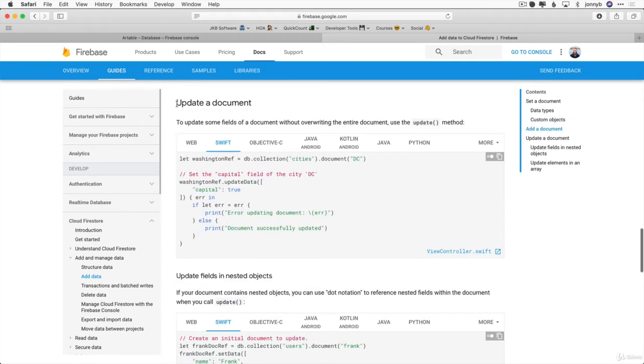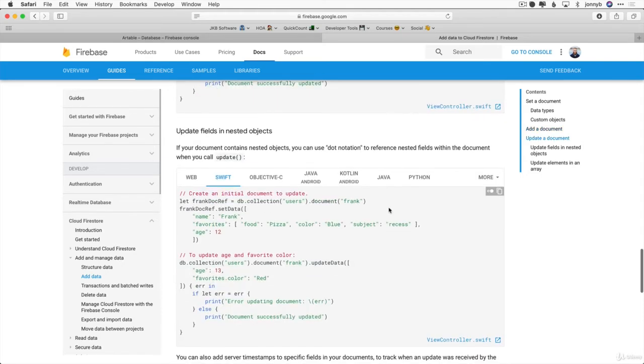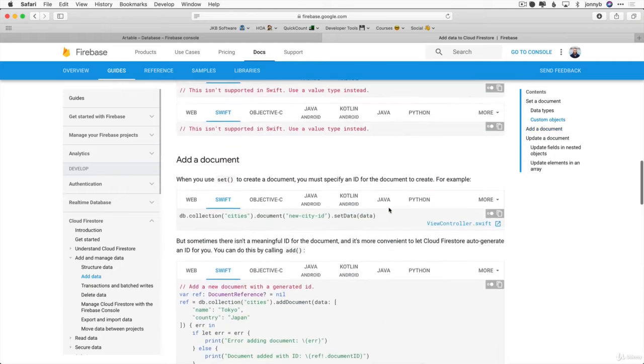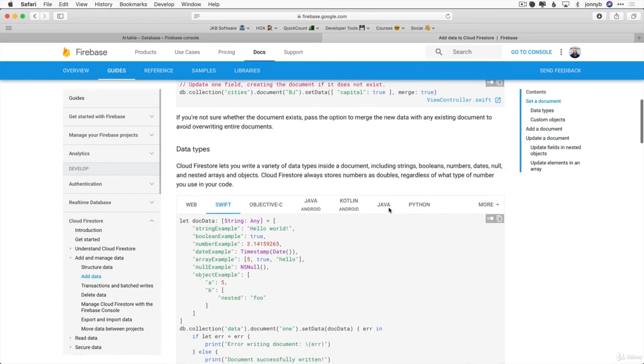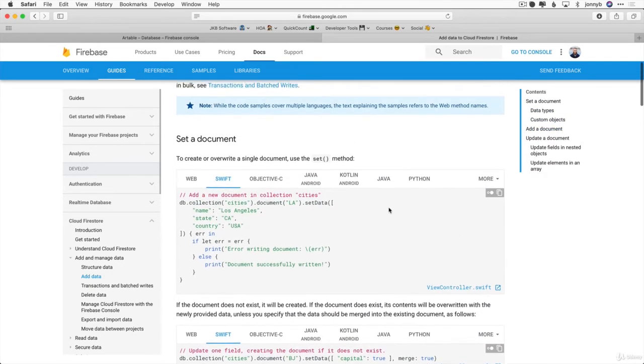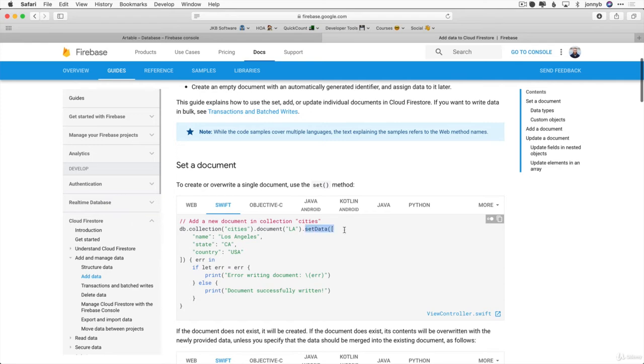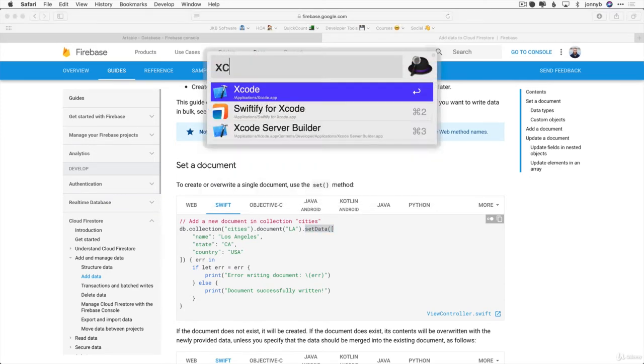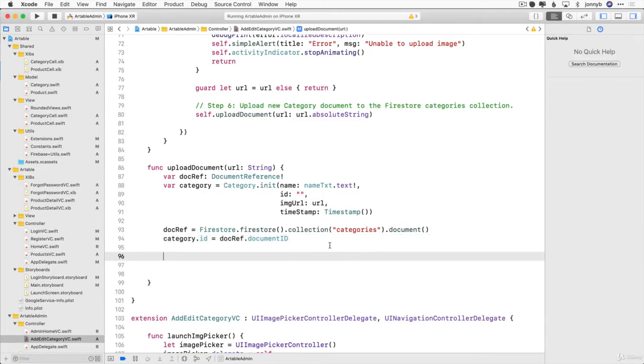There's the case where you can update a document using the .updateData. The catch here is that if your document doesn't already exist, that method is going to fail. So there has to be an existing document for you to update. All right, so those are a few of the available methods to upload data to Firestore. We are going to work with the setData for now. So let's go back into Xcode, and we can say